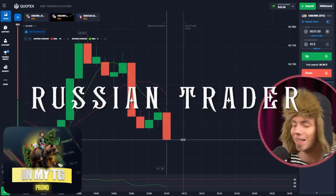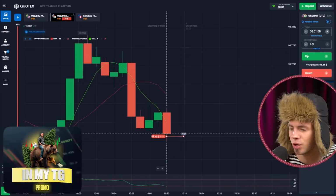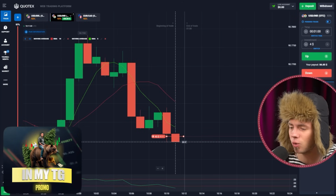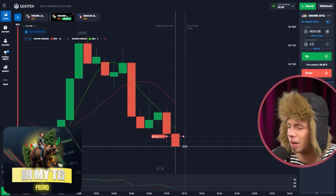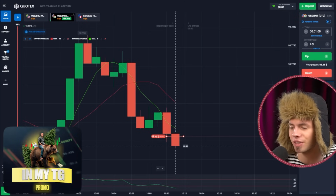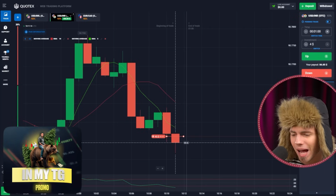And we are opening a sell trade right now. Here, what I can say is a very interesting situation, not quite as obvious as the previous one. Right now we are in an overbought zone already, and we expect a breakdown of the support zone down. So here we have a very strong support zone, but if you take a look at what was happening before, I mean